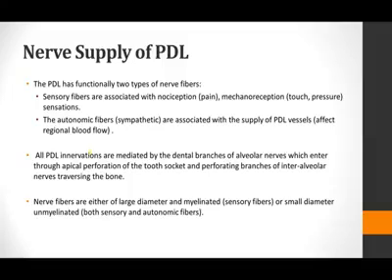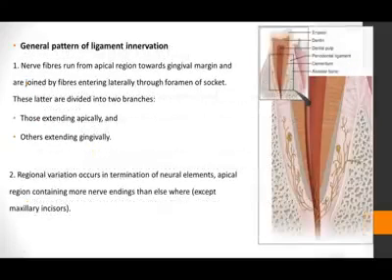All of the nerve fibers are either large diameter myelinated sensory fibers, or they are small diameter unmyelinated sensory or autonomic fibers. So if here in this figure,